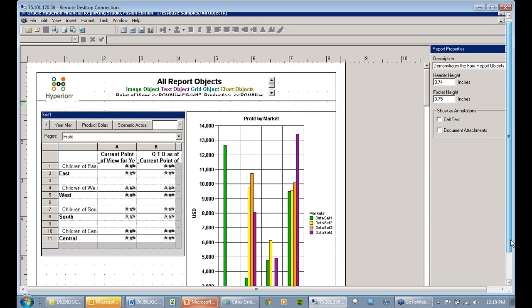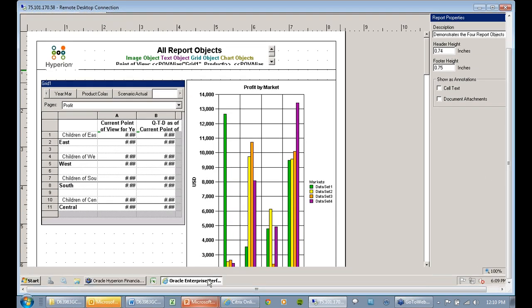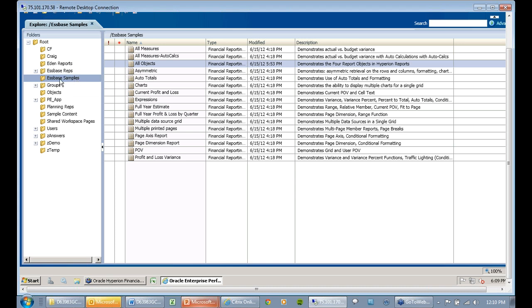But all of this is also available from, now I'm opening up Workspace. And in that same folder in Workspace, SBase Samples, you see that object here. So now I'm an end user. I didn't create this report. Somebody created it for me, and I just want to look at it. And I, over in